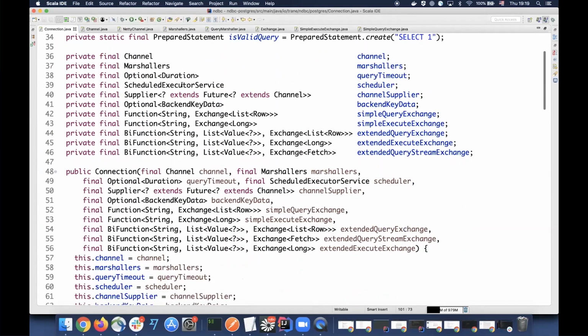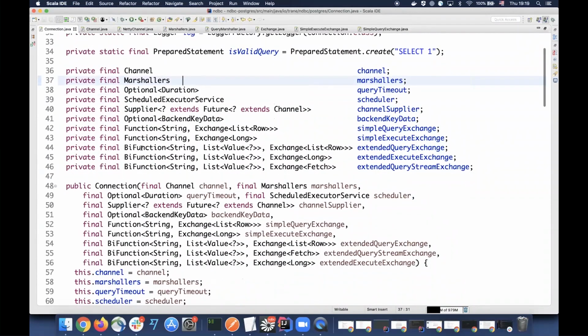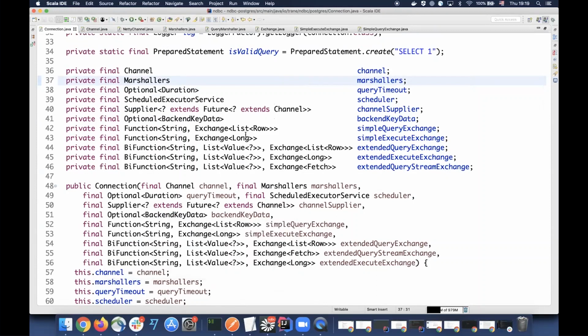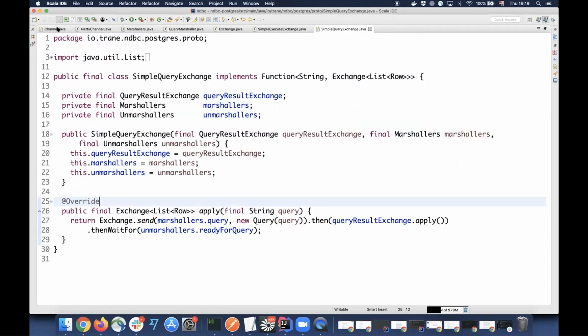Oh yeah, I talked about those guys. As you can see here, we have many of the concepts that we use in everyday development to some extent. Functions, BiFunctions, suppliers, schedulers, and all those beautiful things that you have when you are working with the Java concurrent package. The next one would be a channel.